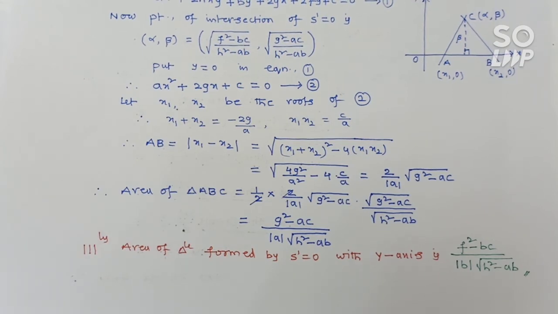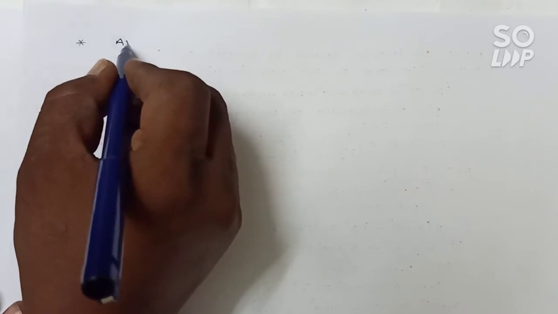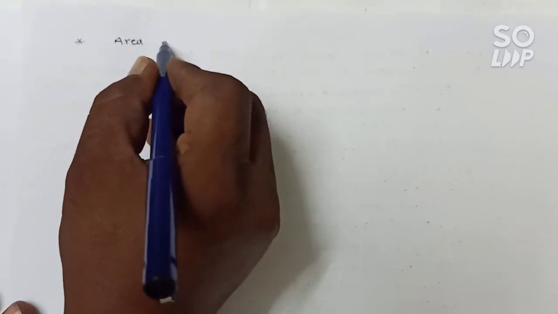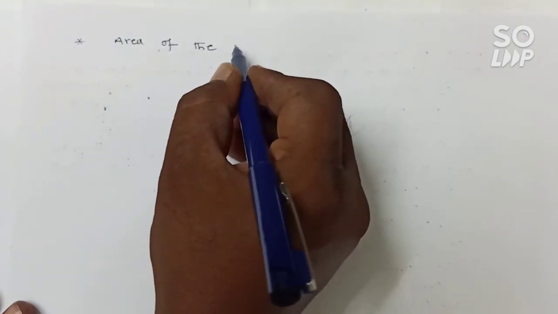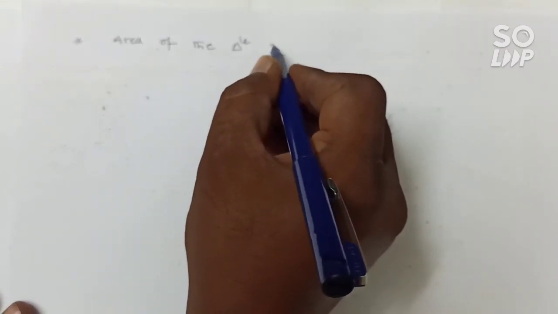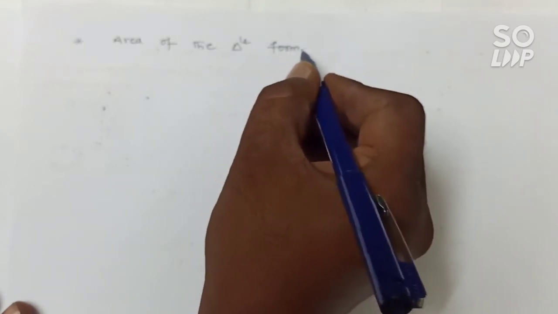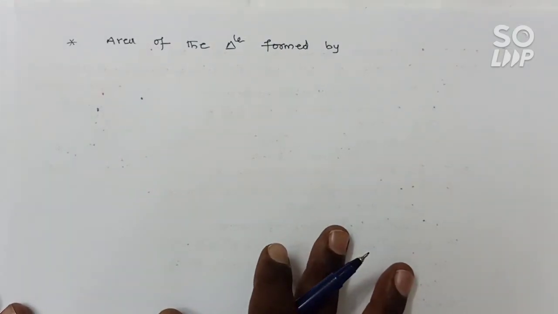Okay, now we will see the next concept, that is how to find the area of the triangle with the homogeneous equations. That we will see in the next concept. See the next one, area of the triangle formed by